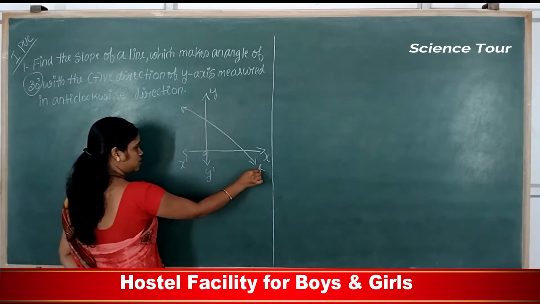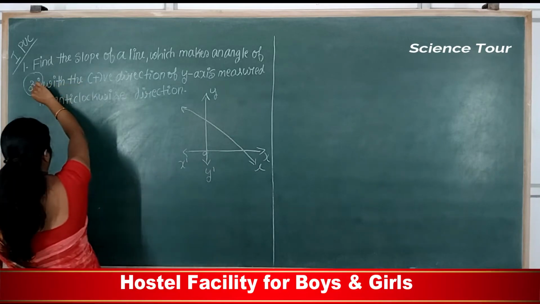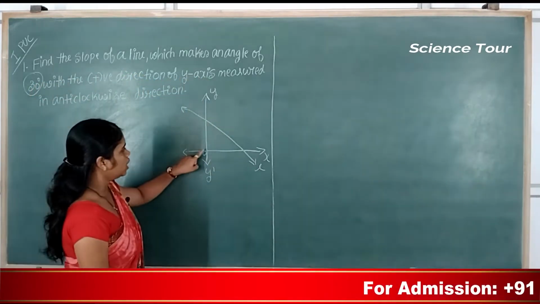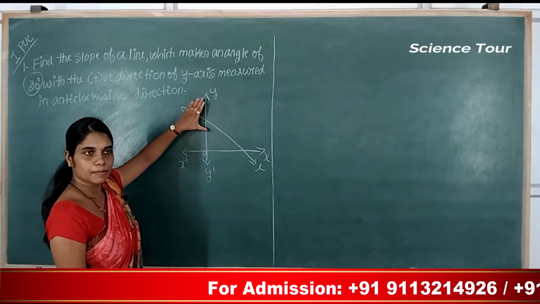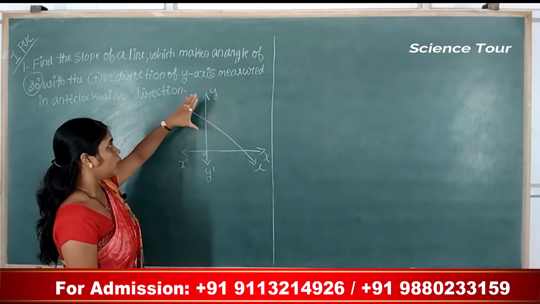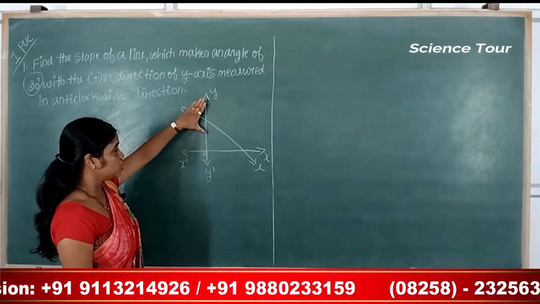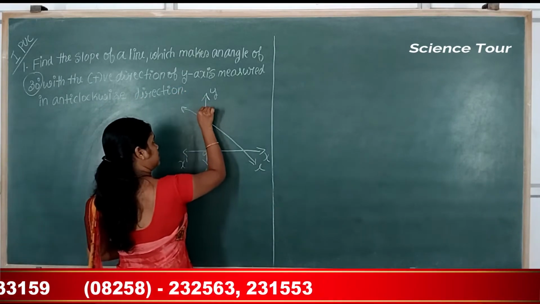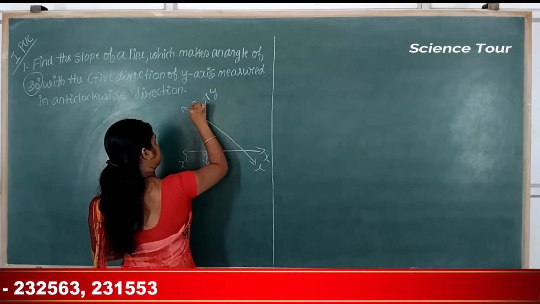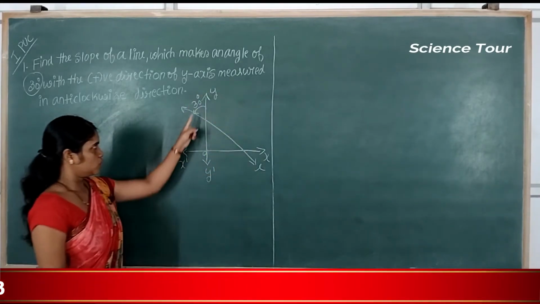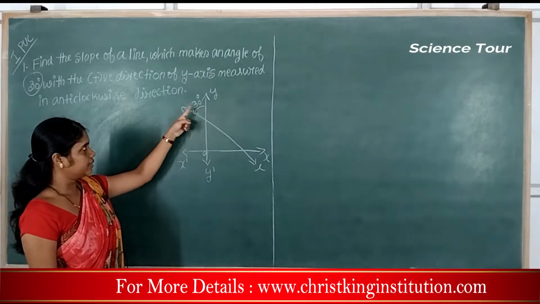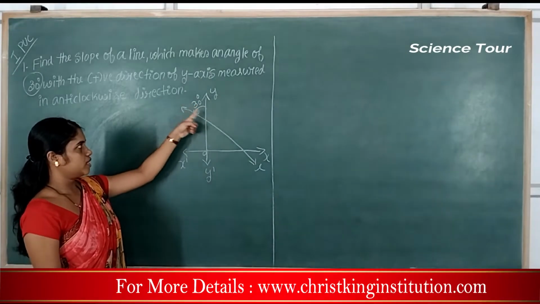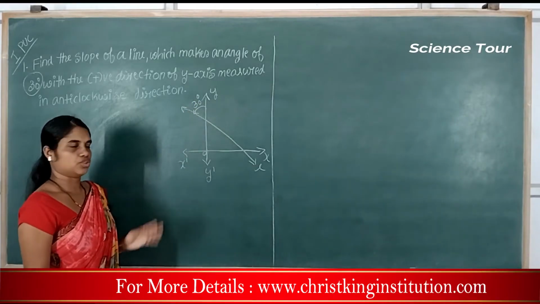This straight line makes an angle theta with the positive direction of the y axis. So here O to y is known as the positive y axis, and that angle is measured in the anti-clockwise direction, so it will be like this. So this is 30 degree. The angle at this point will be equal to 30 degree, anti-clockwise direction.